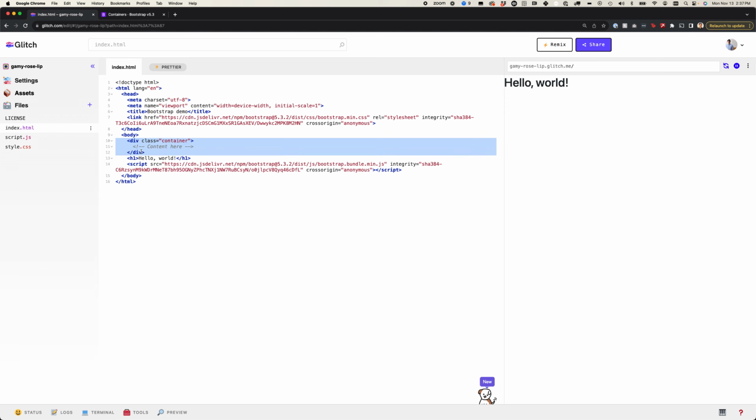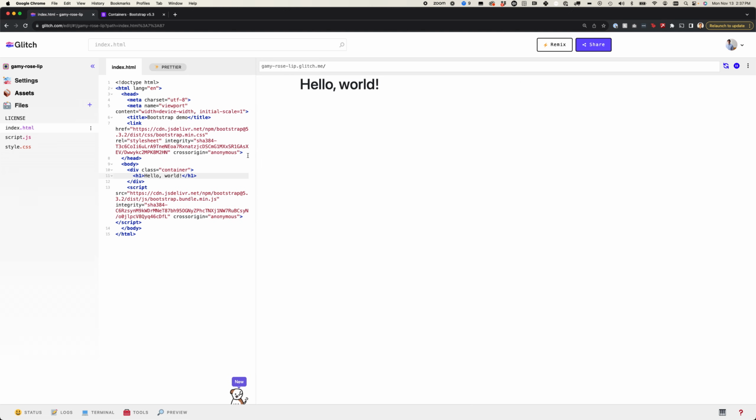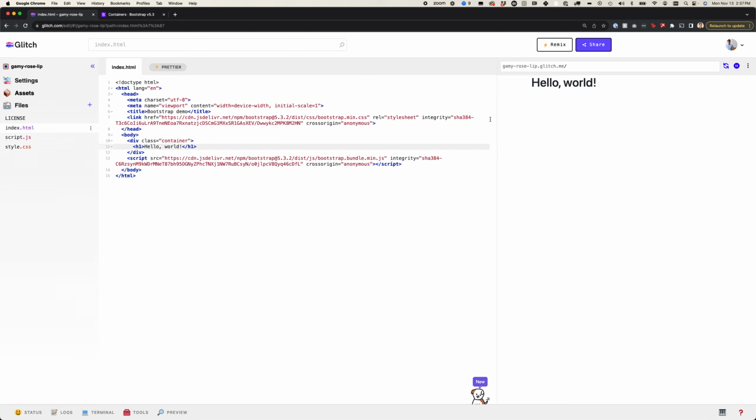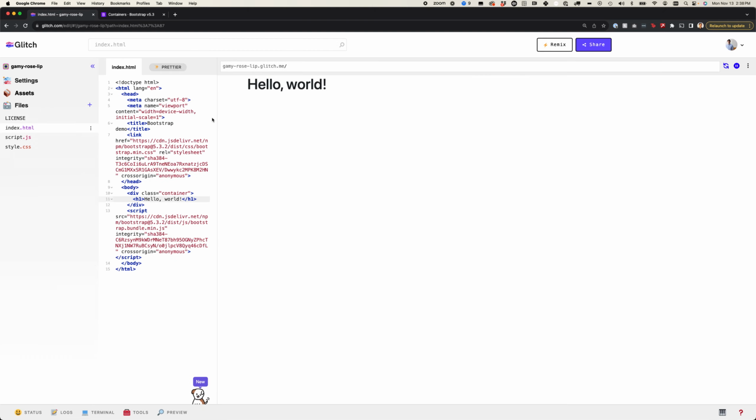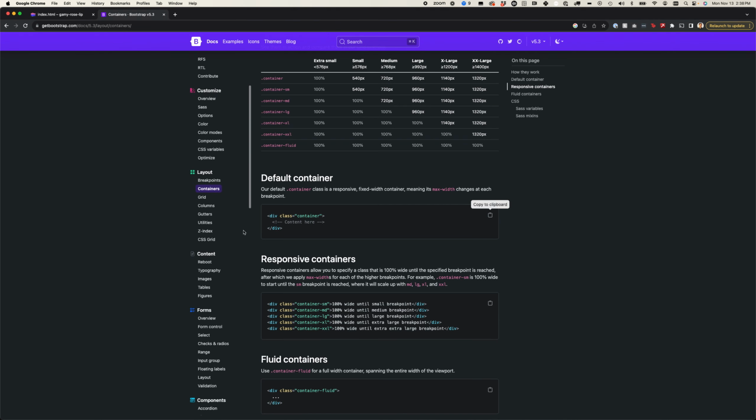And let's just add that hello world inside of that container. Okay, so it looks like it's center aligned now, which is kind of cool. And now it scales down and up as you get larger and smaller, which is nice. What else is there? So there's